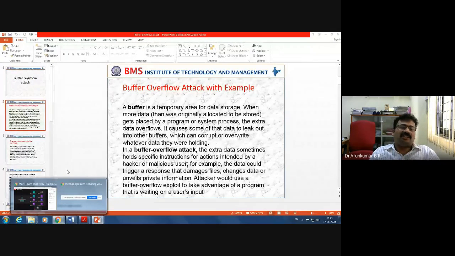If I write a malicious program which consumes the limited memory allocated for program A. Program B has a set of lines of code which consumes the memory of program A. For its execution, the operating system has allocated some memory to program A. That memory is going to be consumed by program B, for example, right? Then what happens? Within the available memory only, the memory is shared by another program.